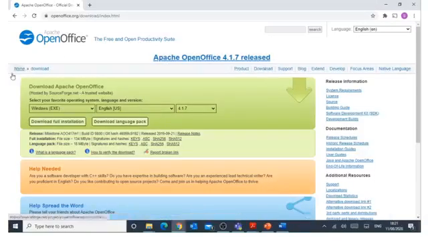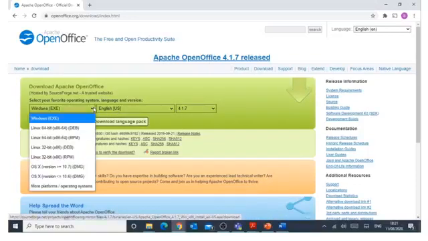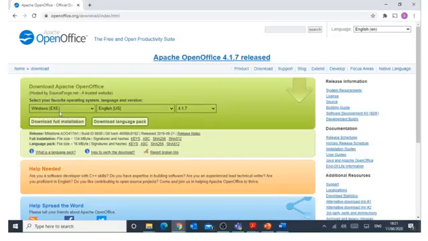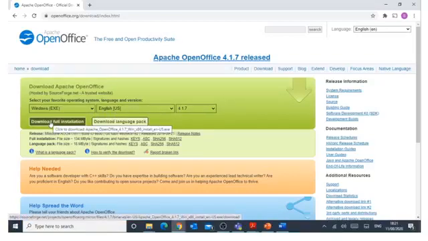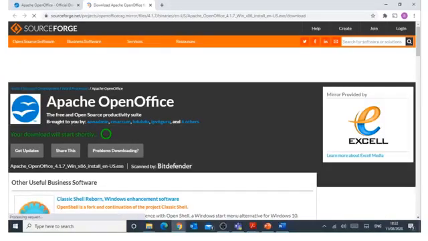Once you click on the download option, a window like this will open. Whichever is your operating system, for your Windows, you have to select that. For all Windows, there is only one exe file, the language is English, and then you will click on download full installation. When I click on this, it will take me to another window and you will get a message, your download will start shortly.